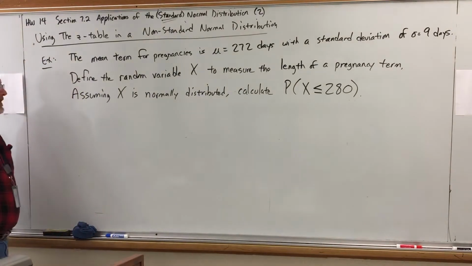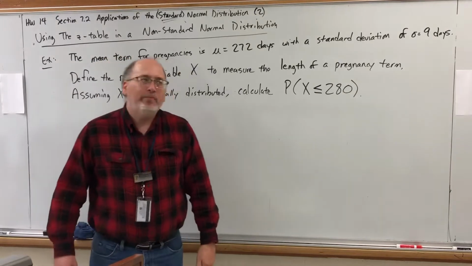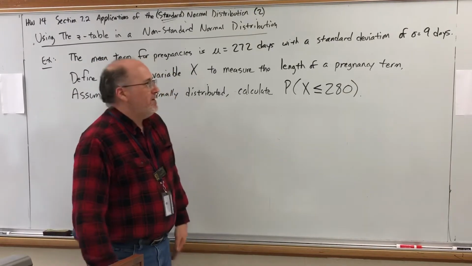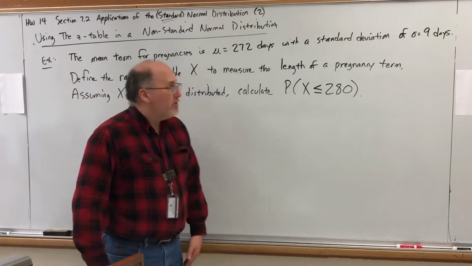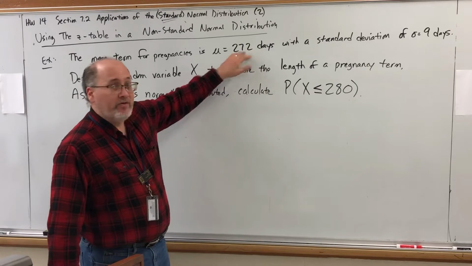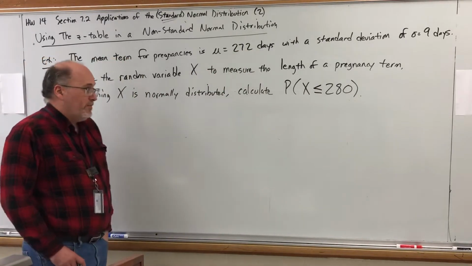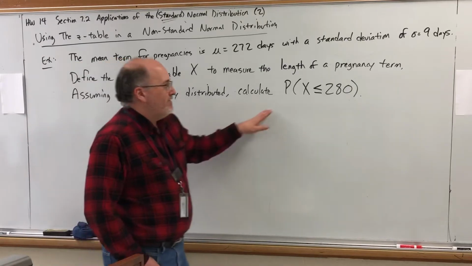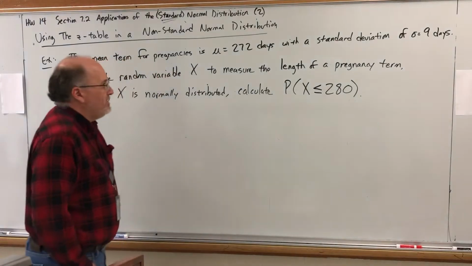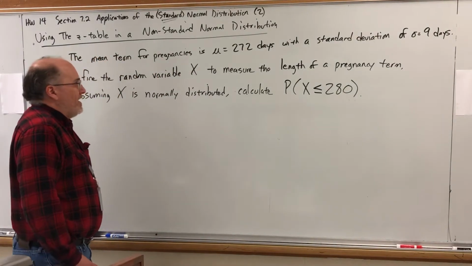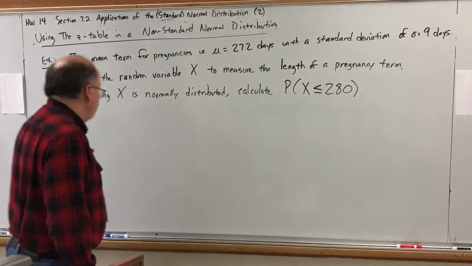But this time we're going to define a random variable called capital X to measure the length of a pregnancy term. So for some people it might be 280 days, for some people it might be 271 days, for some people it might actually be 272 days. Assuming capital X is normally distributed, so it's a bell curve, calculate the probability that X is less than or equal to 280. In other words, what's the probability under these parameters that a pregnancy will be no more than 280 days? Well,